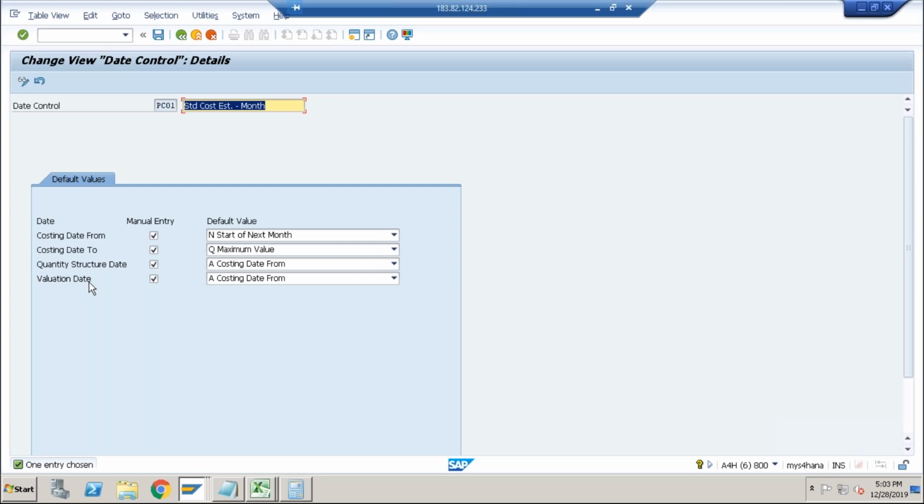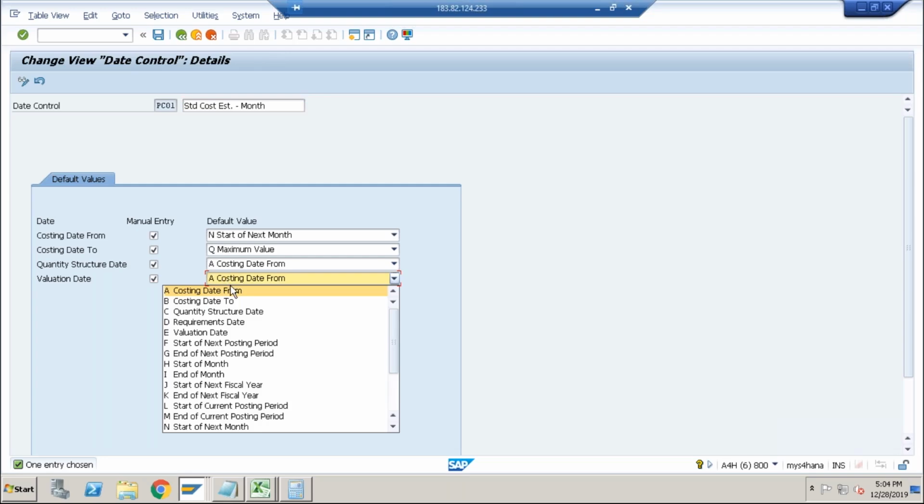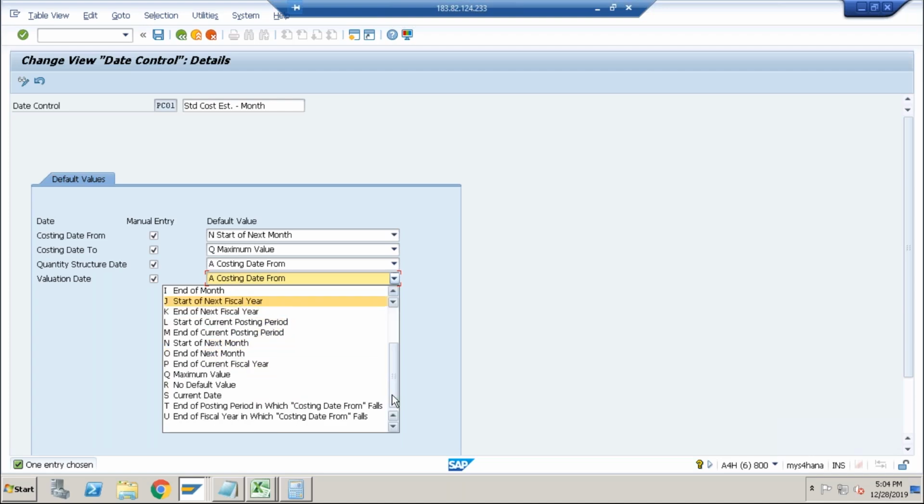Valuation date means activity prices date. See, if you remember earlier, our activity prices were not working. Why they were not working? Because we have not maintained anything for 2020, right? But if I keep it, if I say, okay, no problem, the costing would be on the same date. Okay, so if I go for current date, irrespective of what is my costing date from, system will consider what is the activity price available today in 2019 12th month,